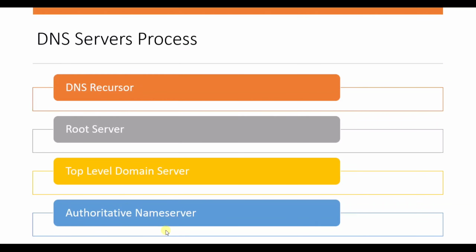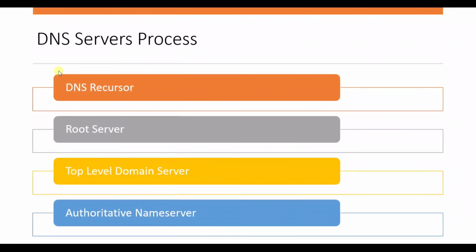And here we heard about IP addresses, so you should know what an IP address is. An IP address is an Internet Protocol address, which is unique and identifies a device on the internet or a local network. There are two types, IPv4 and IPv6. If you don't know about IP addresses, you can search on Google and go through all the information related to IP addresses and their types.